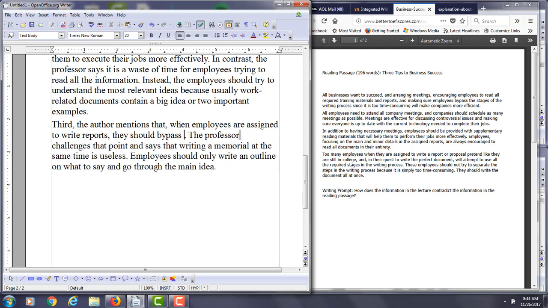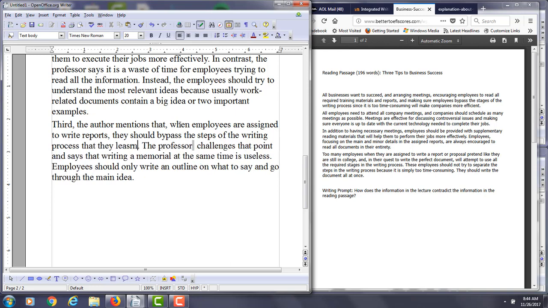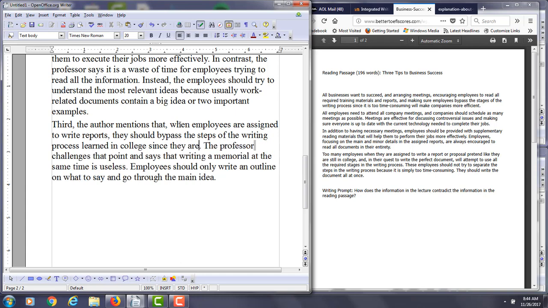They should bypass these steps, maybe learned in college, since they are too time consuming. That is why I think this is important, because if you look in here, it's saying they will